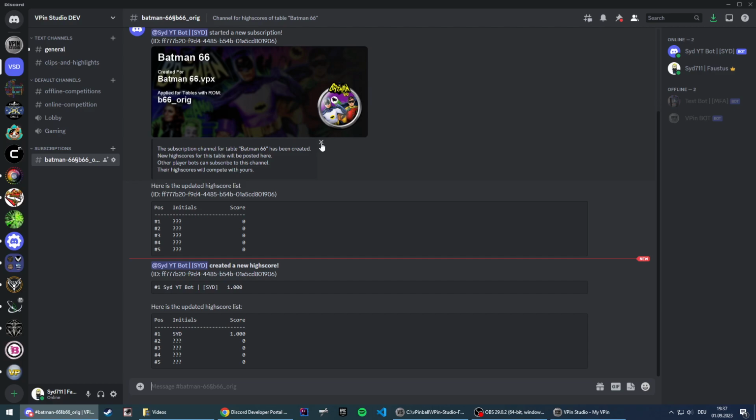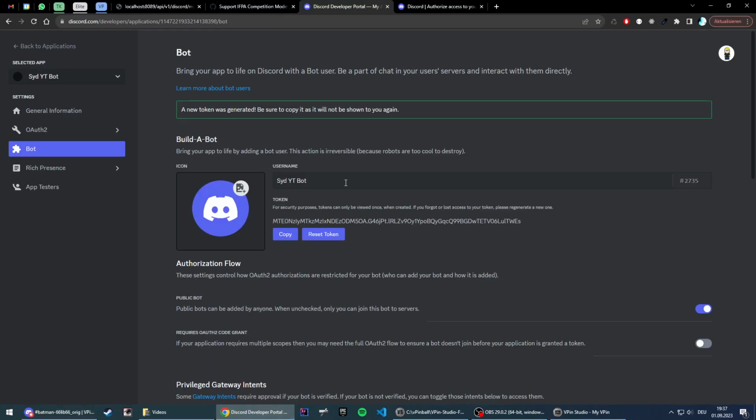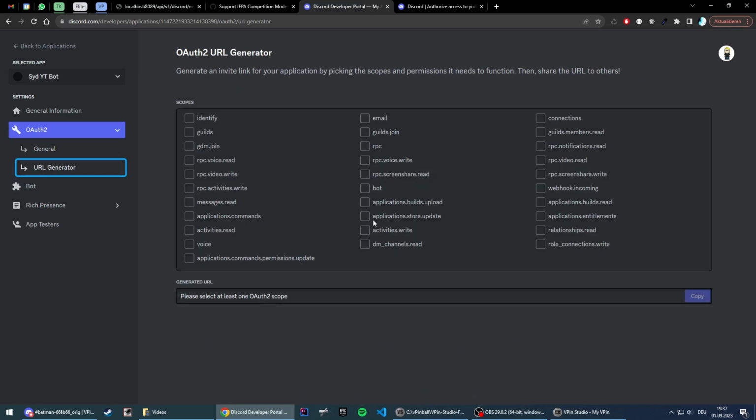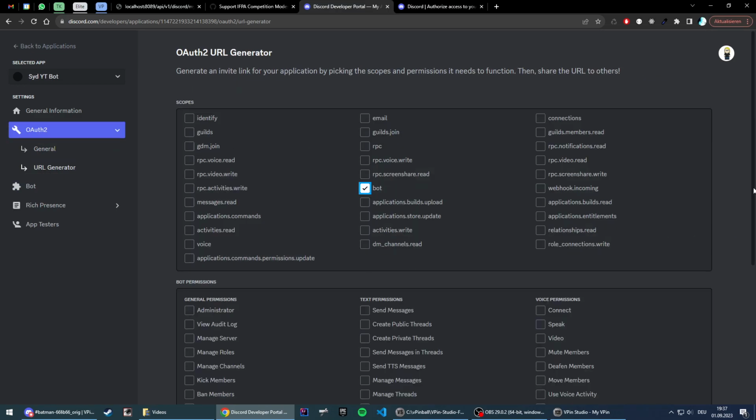What I want to show you next is how this would work for players that want to create a bot for another Discord server. So you have a friend, they want to join, what do they have to do? First of all, they have to, of course, create a Discord bot, which we have already done here. But when we go back to the URL generator, you should only